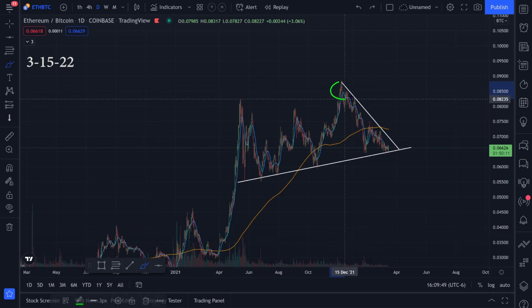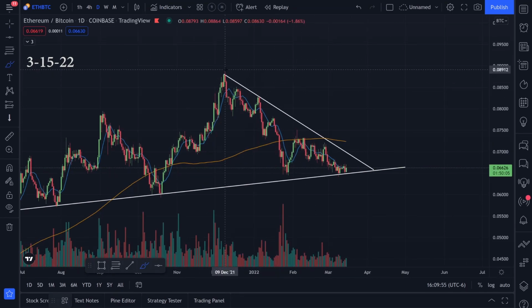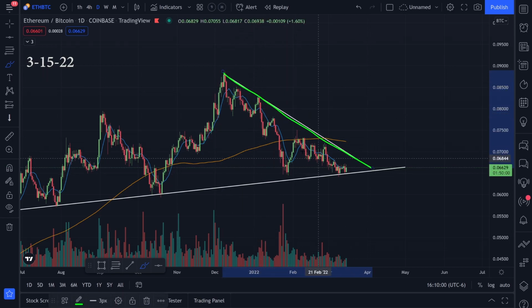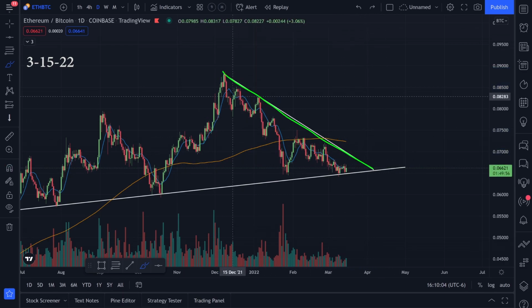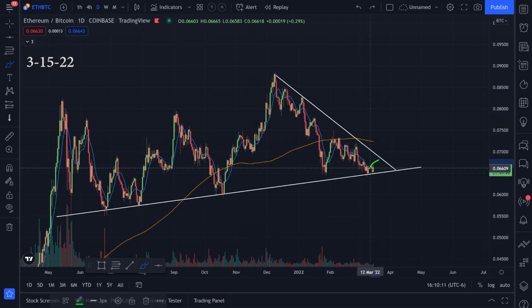It does look like we found some resistance up here and we started trending down. We had 2 points of resistance that I've been focusing on. We have resistance, resistance. I drew this trend line going to the downside, and I've been saying until we break this trend line going to the upside, I'm going to be more focused on Bitcoin as this chart goes down. Once this chart starts trending up, then we could start focusing more on